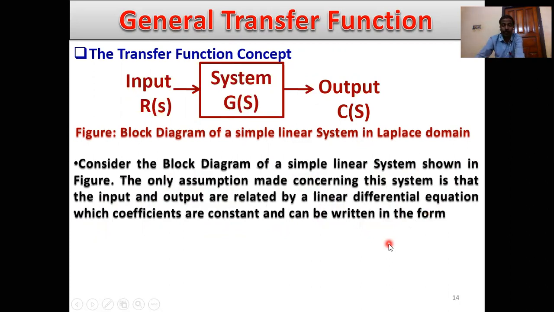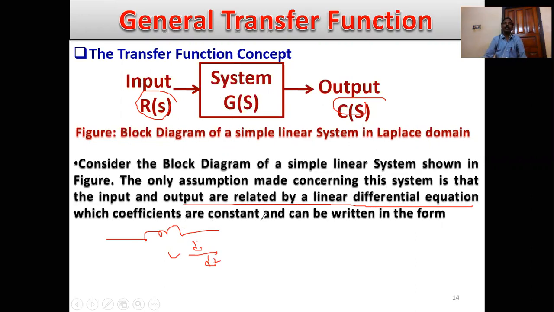So first, this is the input section, this is the output section, and the input and output are related by the linear differential equation. Suppose the operation on the inductance: what is the definition? L times di/dt. This is the differentiation part. Similarly, C times dV/dt for the capacitor. So the differential equation has constant coefficients and can be written as,